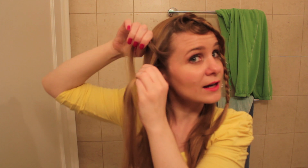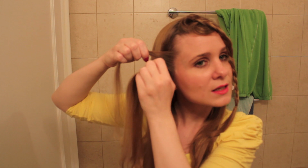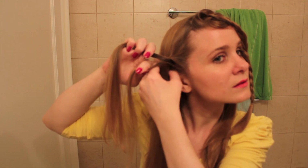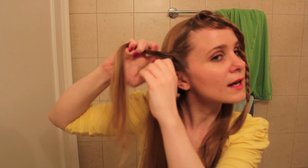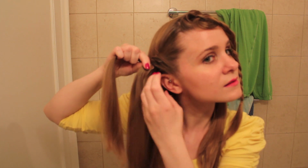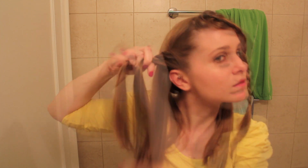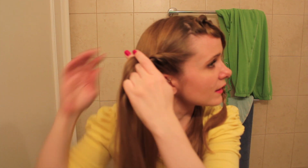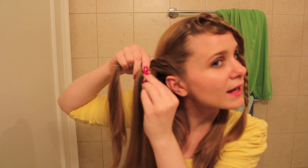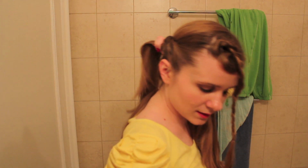Now some people like to add hair into both sides as though they're doing a French braid or something. I'm just going to add hair to the bottom section and twist. Adding hair to the bottom section and twisting. And I'm obviously going to use all of the hair up going to the middle of my head, if that makes sense. I hope it does. With this section here,